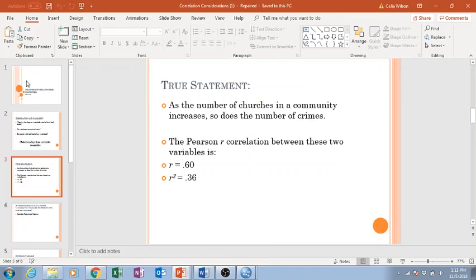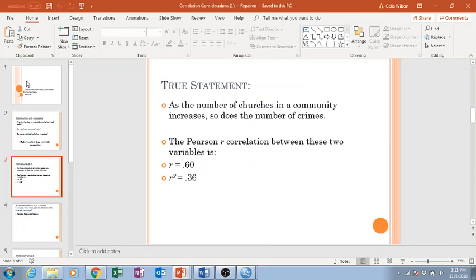Whenever we take our 0.6 and we square it, we end up with 0.36. So you see that R squared, 0.36. Remember, after we square Pearson R, it does become our effect size. So we have a shared variance effect size. If you want to think about it as a percentage, you can think about that 36 as 36%. So the number of churches in a community can explain or predict 36% of the number of crimes,